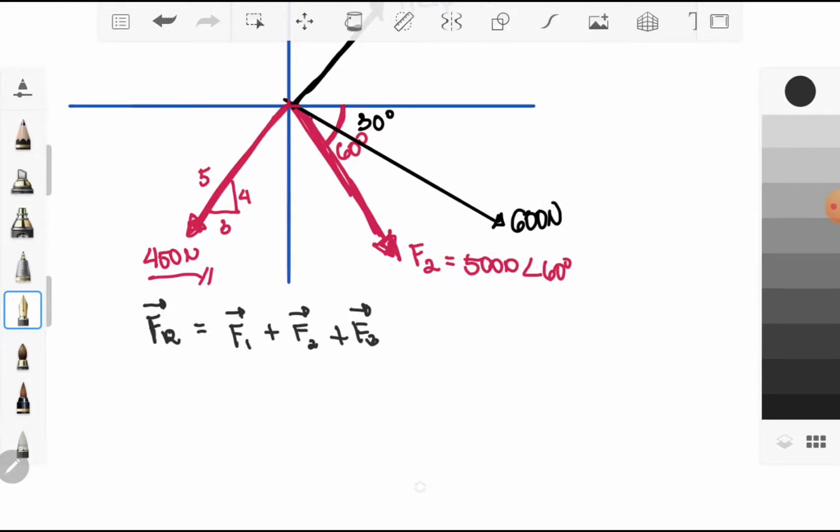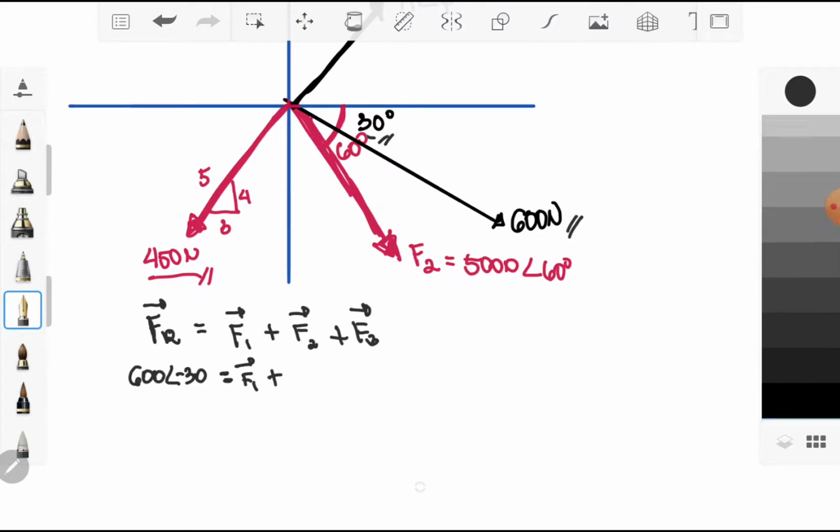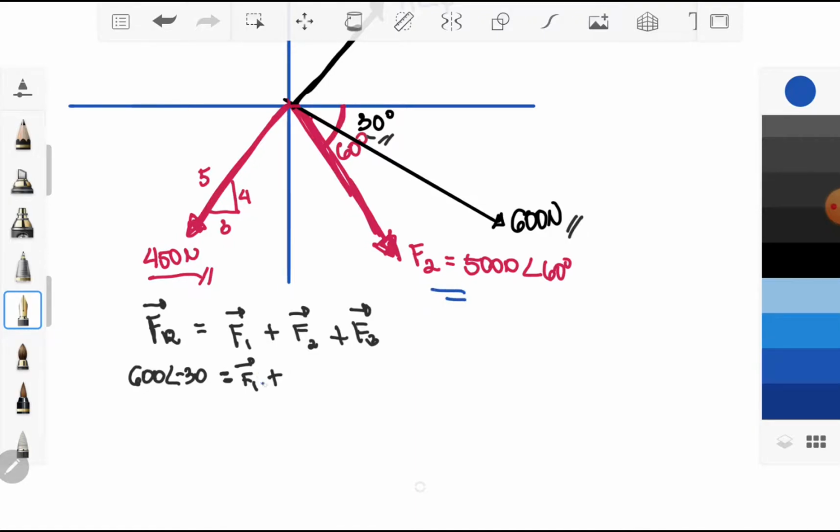Considering this equation, your FR was stated as 600 Newton at 30 degrees below the x-axis clockwise. Therefore, your 30 degrees is negative 30, because considering its position, it is below your x-axis. So we have 600 angle of negative 30, which is equal to our F1, which is unknown, plus our F2. Our F2 is 500 angle of negative 60 because it is below the x-axis, plus 450 angle of negative